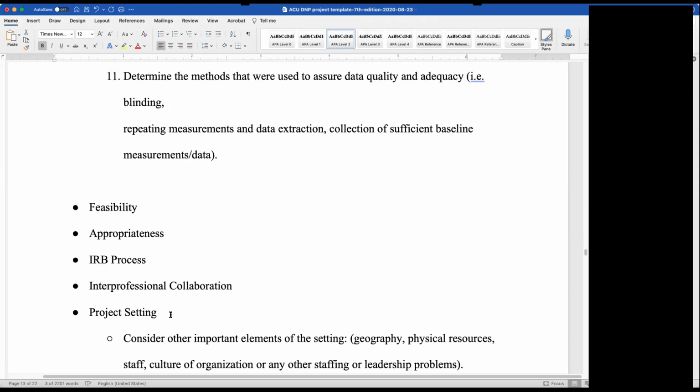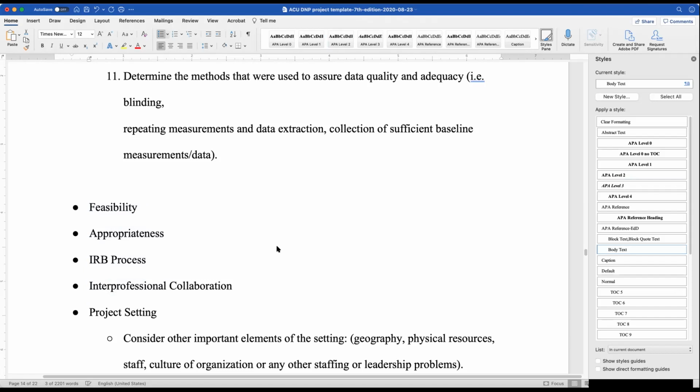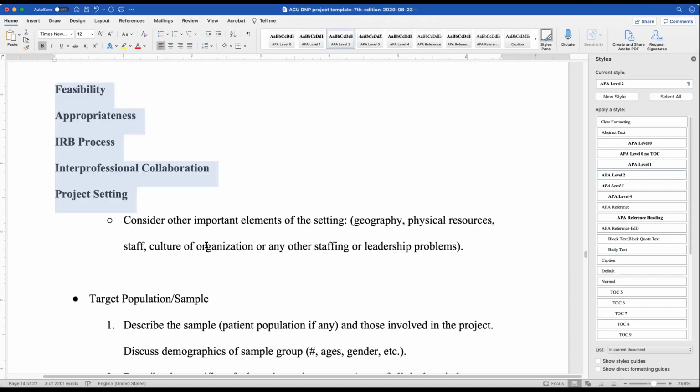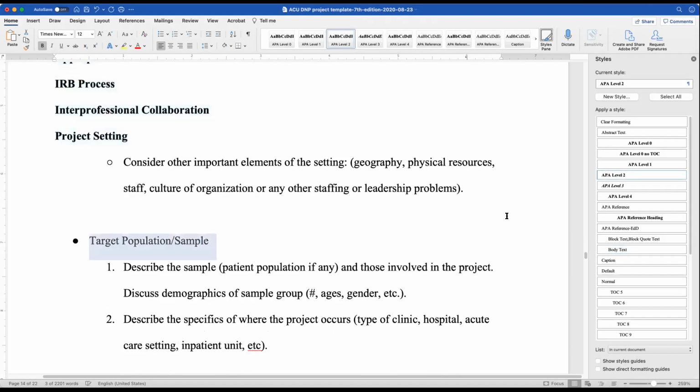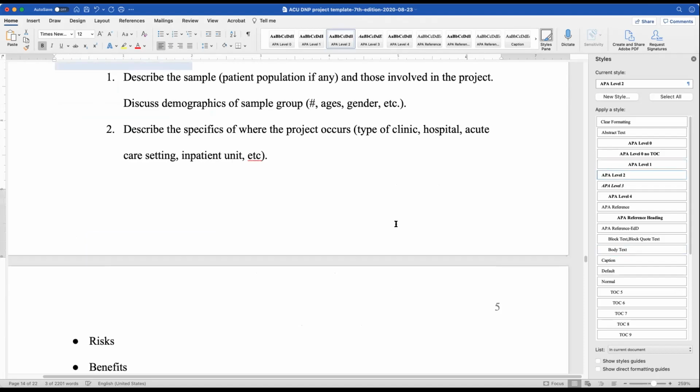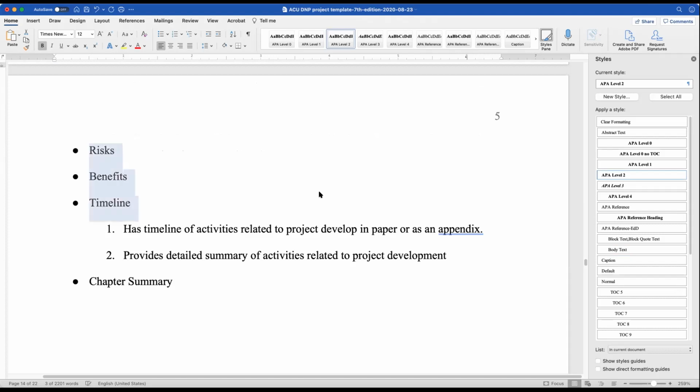And I could go ahead and select all these at once and turn them into the right headings. All right, almost done. So you can see this is just taking me a couple minutes to set up. All right, now if I go back up to the table of contents,